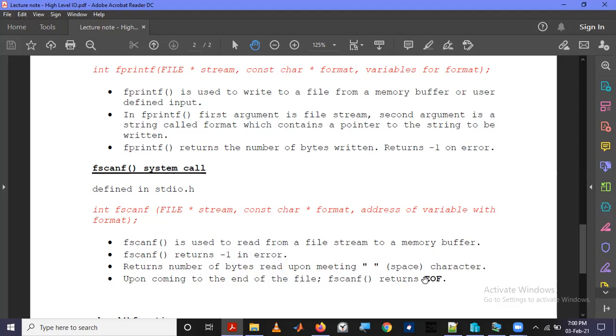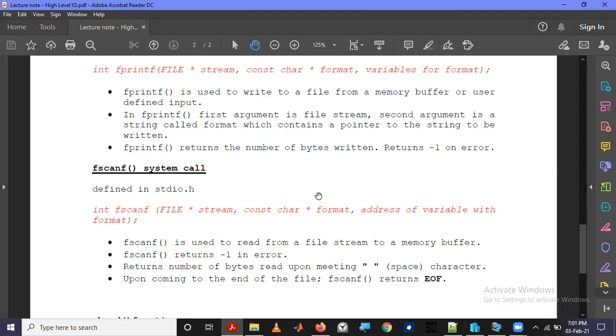This end of file, EOF, the value for this EOF is stored in stdio.h. So you need not worry about what the value of this EOF is. When you pass capital EOF, standing for end of file, you have to read until this EOF is found by fscanf.